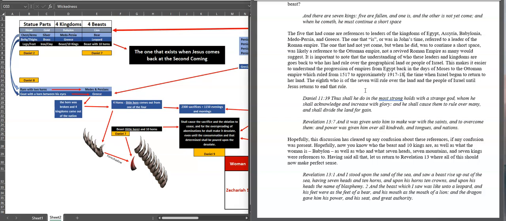The next empire that will exist after the fall of the Ottomans, which controls Jerusalem, will be this 4th and final beast from Daniel 2 and Daniel 7. What we notice similarity-wise about the 5 that were, the one that is or was in John's time, and the one to come, is that they all ruled over either Israel, Egypt, because they hadn't entered their promised land yet, or they were in control of Jerusalem.